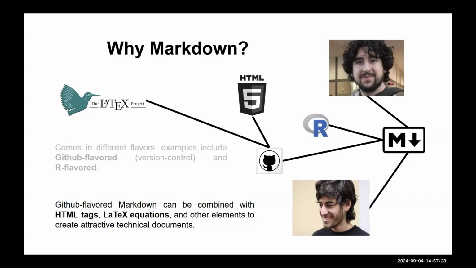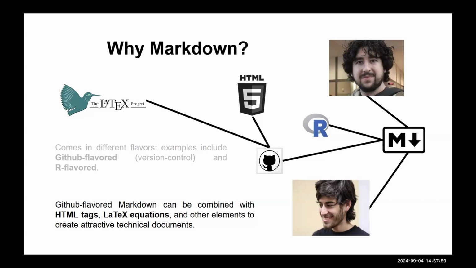Markdown actually comes in a couple of different flavors. We have GitHub flavored, which we'll be using, and then there's R flavored, for statistics. It just has different features. If you're working with README files, GitHub flavored Markdown has features that work well in README files and rendering them in the graphical user interface.